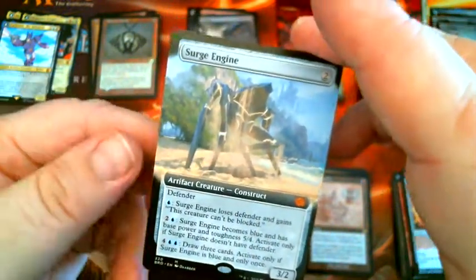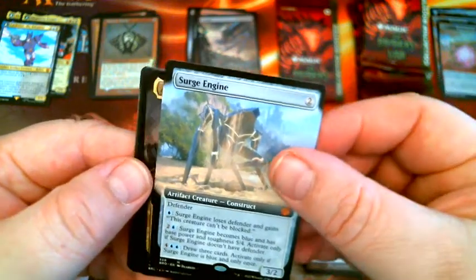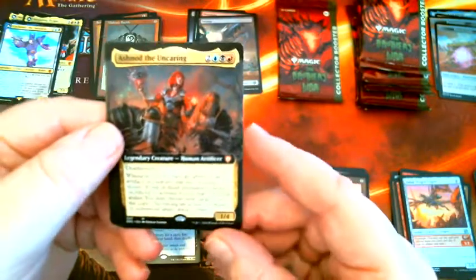Only if it's blue and only once. So it's not too bad. Kind of a progressive thing there. It's nice. Alright, a Mythic Ashnod the Uncaring for the